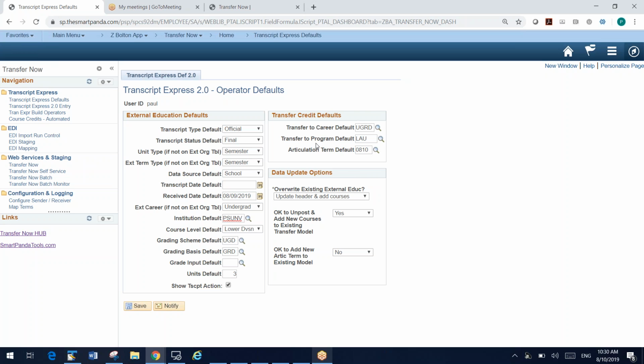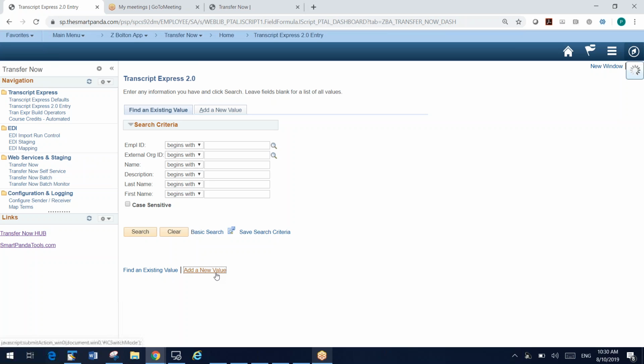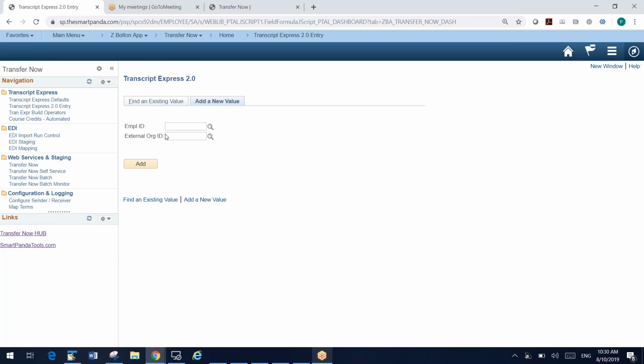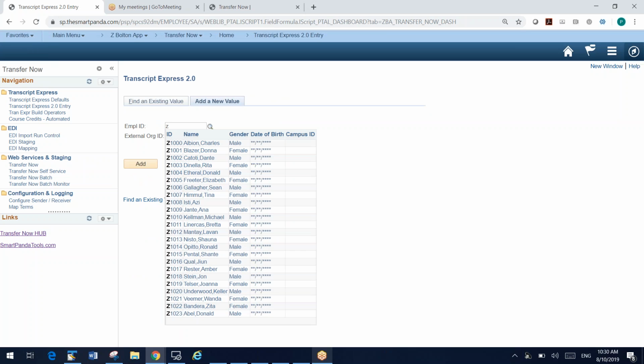So one thing Transcript Express does, if your security allows you to, you can not only enter a transcript, but then you can also award credit to the student, and we speed up that whole process. So let's go into the page. To enter a transcript for a student, all you have to have is a student ID and an external org ID. So let's find a student,